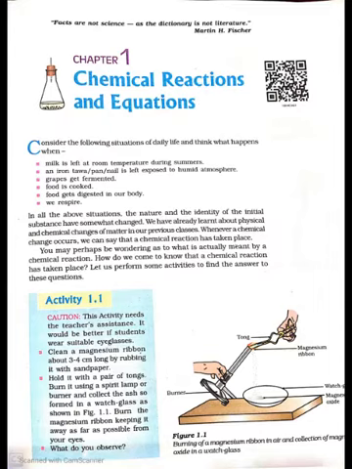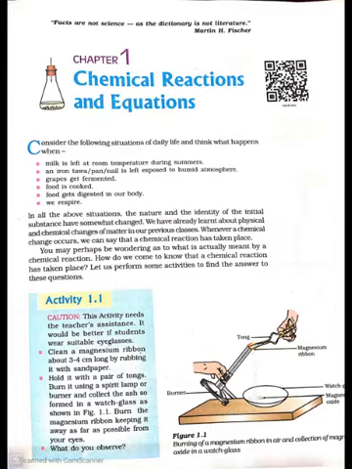As we observe the changes around us, we can see that there is a large variety of chemical reactions taking place around us. We will study about the various types of chemical reactions and their symbolic representations in this chapter. 1.1 Chemical Equations. Activity 1.1 can be described as when a magnesium ribbon is burnt in oxygen, it gets converted